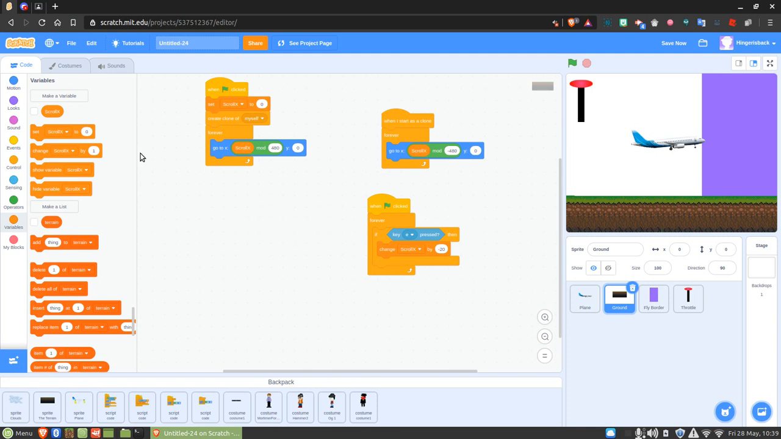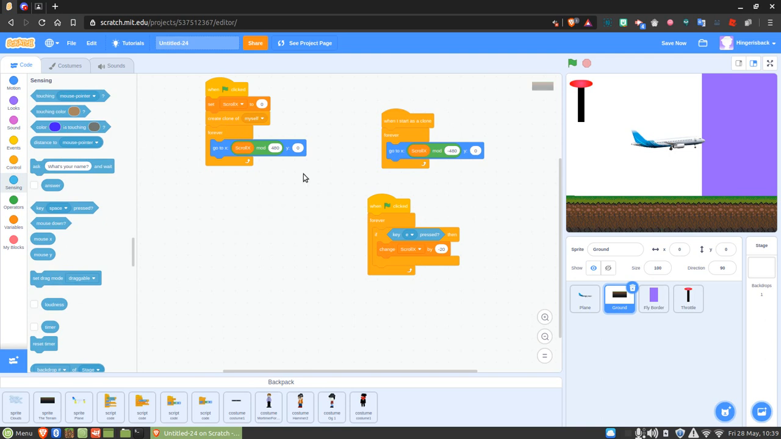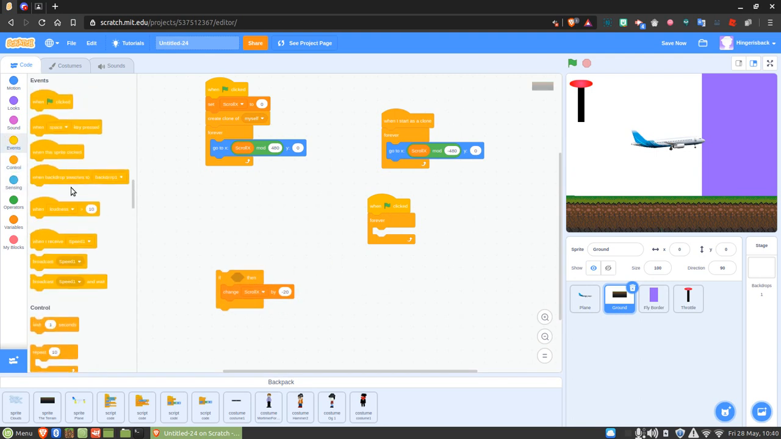And now once you've gotten this all in, and also this is for key pressed, I can remove this. So I'm going to remove that. And then for me and for you, you're going to change it to when I receive speed 2, change scroll X by -20. And so now if I test it out,